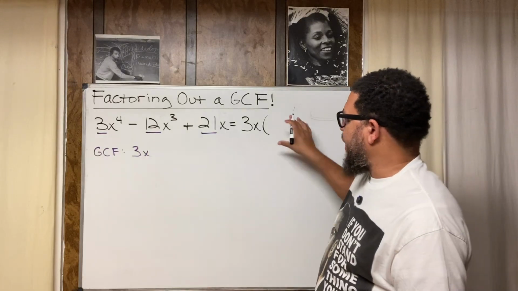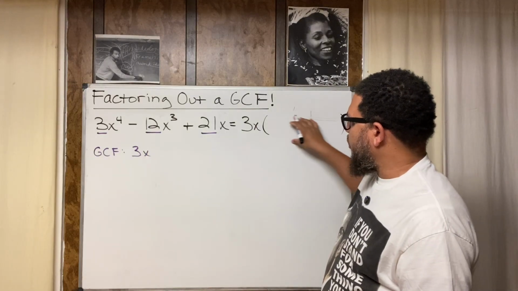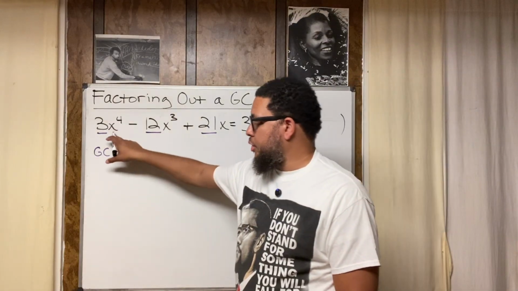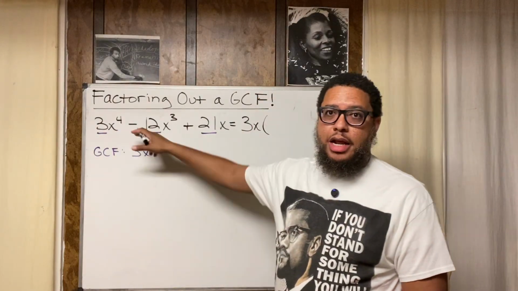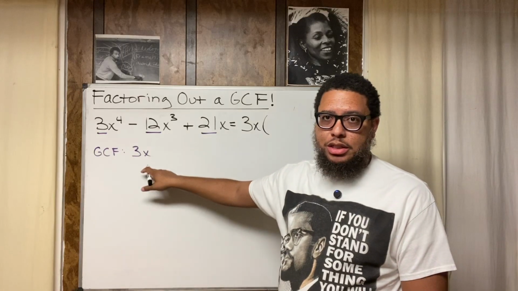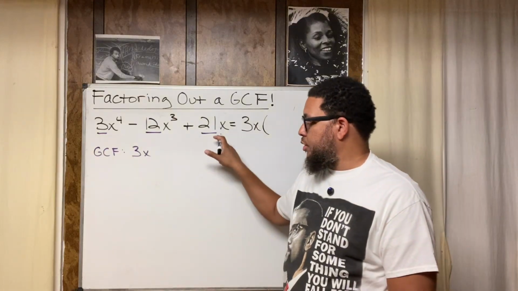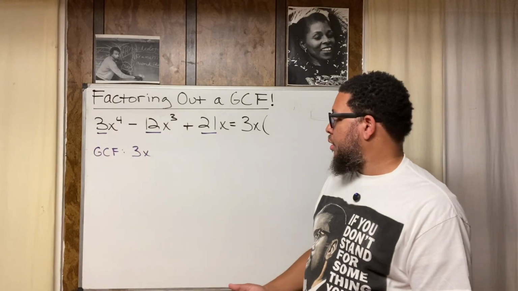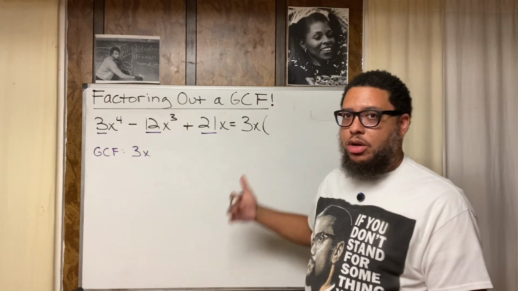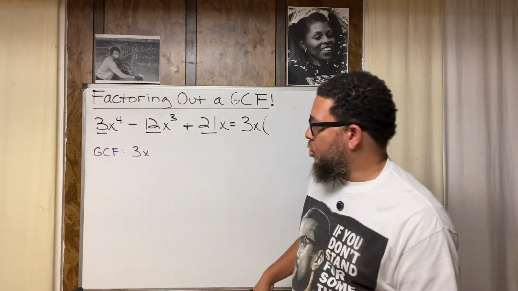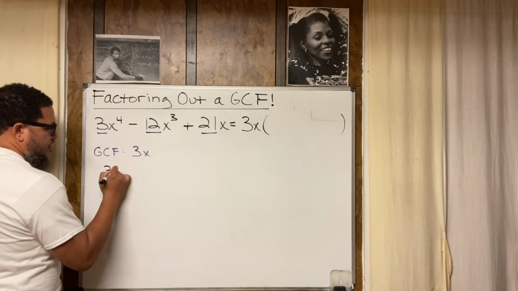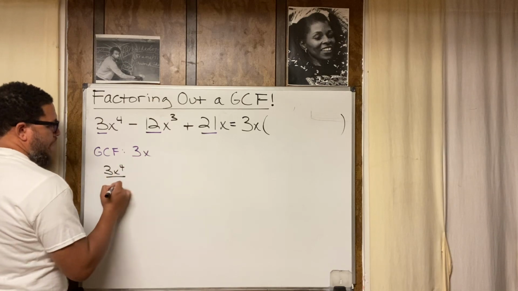So now, how do I get what's going to go inside the parentheses? What I do is division. I divide the first term by the GCF. Then I divide the second term by the GCF. Then I divide the third term by the GCF. I just keep dividing. And that's how I find my terms that go inside the parentheses. So I'm going to first do 3x to the fourth divided by